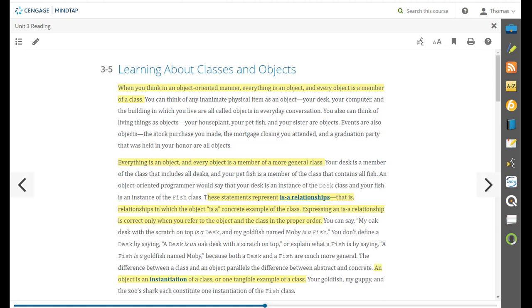All right, as we look at the book in Chapter 3, in Section 3.5, we want to look a little deeper at learning about classes and objects, and I'm hoping that I can help clear up any of your confusion that you may have when you read this. I'm not going to go over every single detail they provided, but some of the important stuff is